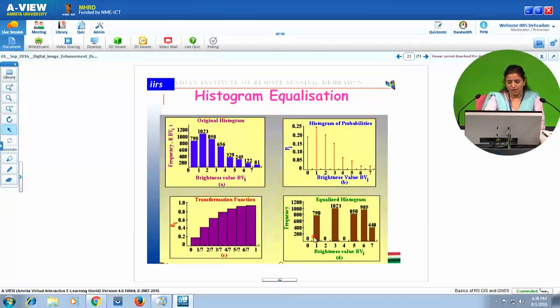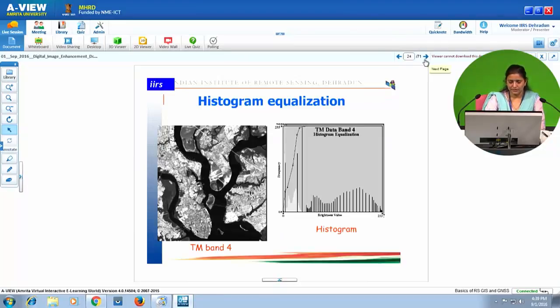So the contrast between these pixels has increased, whereas between these pixels originally there was some contrast, but now because they have been clubbed together, the contrast is lost. This is the equalized histogram and this is the image after histogram equalization.